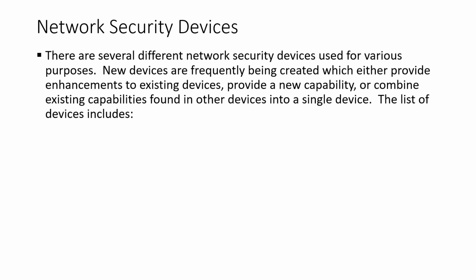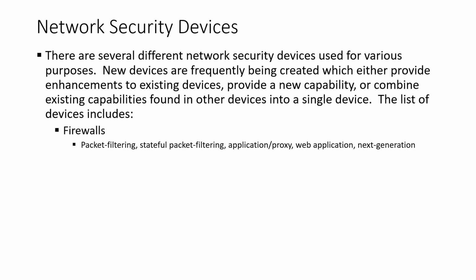Just as administrators need to know about network devices, they also need to know about network security devices. In this case, these devices have a tendency to change a bit more often than standard network devices with new tools being introduced periodically. Network security devices are hardware devices connected to a network to perform some security-related function. This can also include standard computer systems that are running specific software to turn them into network security devices. The list of network security devices includes